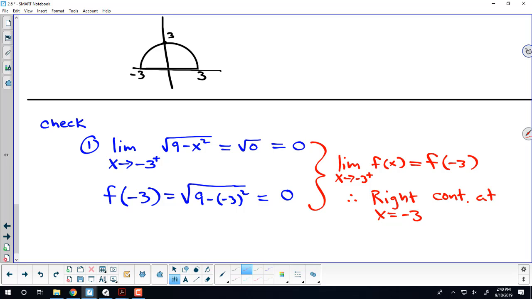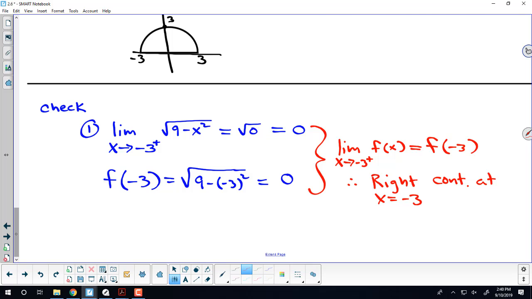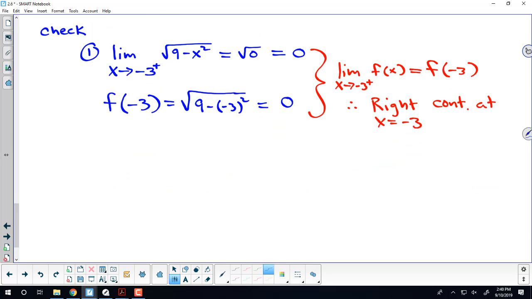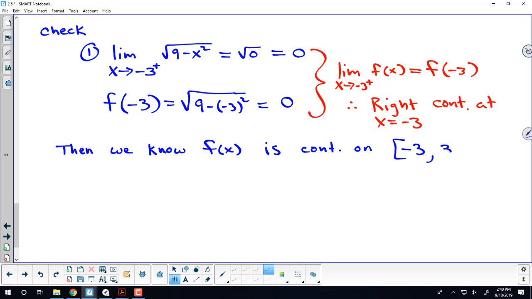We put a bracket around -3. So we now know f of x is continuous on -3 including, up to 3 not including,